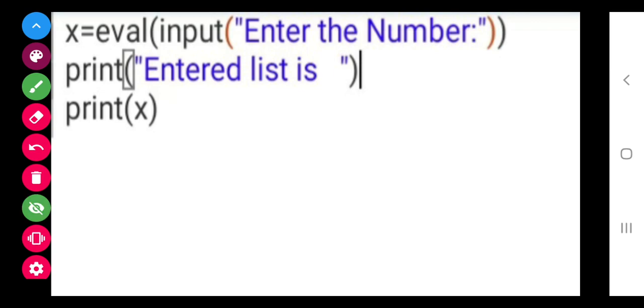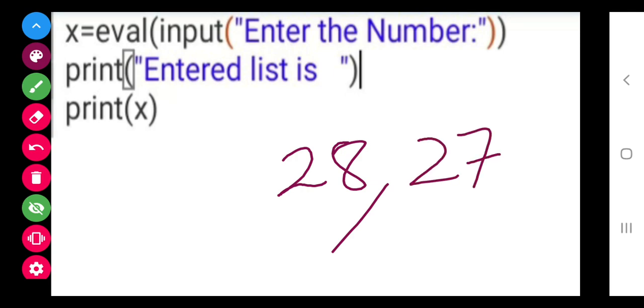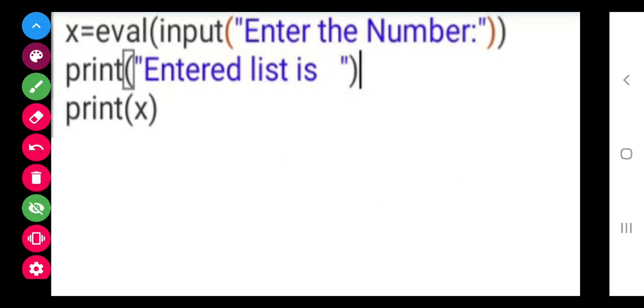So, my first concept is to enter a list. You know that we have to use eval. If you do not use eval, then we cannot have a double digit number. We cannot have 28, 27. If I want to save that in my list, then I have to use this eval. For a single digit it is okay, we can do that without using eval also, but for double digits we need it.